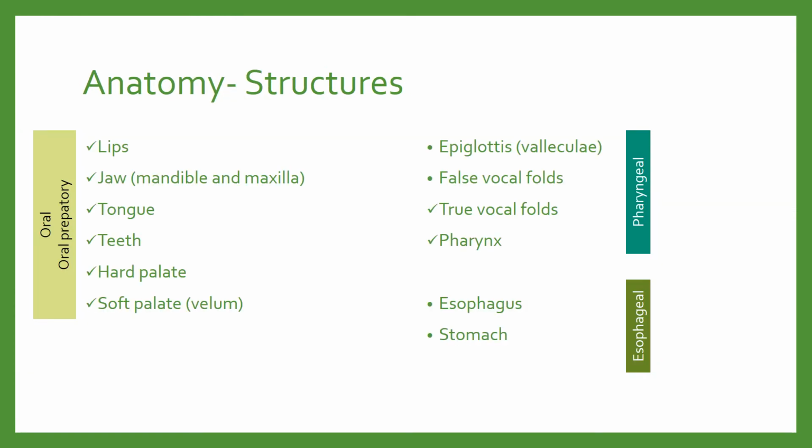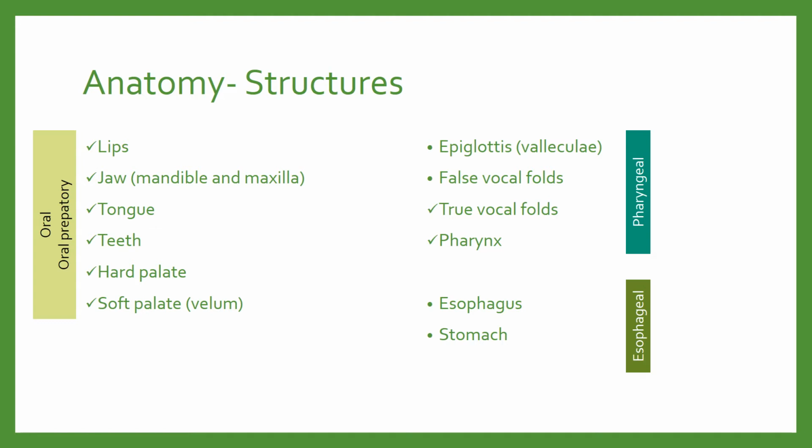So when we talk about our anatomical structures, most of them should be pretty familiar to you. We have the lips, the jaw, the mandible, and the maxilla. We have the tongue and the teeth, the hard palate, the velum, as well as the true vocal folds and the pharynx. So what we'll introduce today is the epiglottis, or also the vallecula, the false vocal folds, the esophagus,